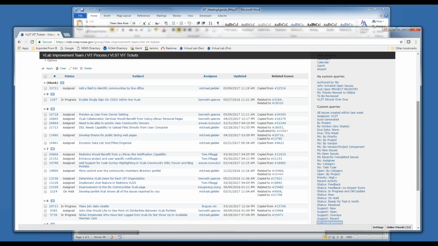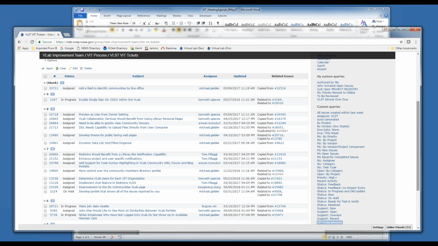I've been focused on moving forward with licensing for the next version of Liferay. It's called Liferay DXP. That's going to give us a couple different things. One is that we're working with NCO to have VLab be hosted not only in College Park, but also in Boulder, Colorado at their second facility. And that has licensing implications because we'll have more instances there. So that has resulted in us needing to move forward with licensing, as well as the fact that they have a newer version